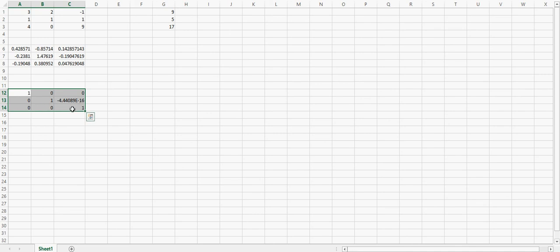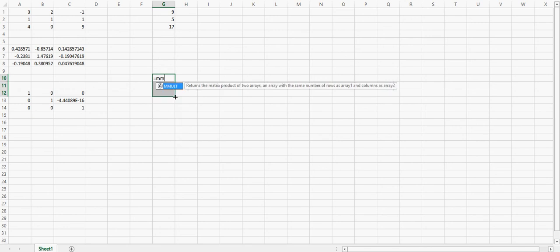Now the last thing I need to do is take this inverse matrix, pre-multiply it by the right hand side to recover x, y, and z. So let me come over here in column G, and I'll start in 10 and highlight 3 cells. And again, I'm going to use the matrix multiply, so I'll hit equal, MMULT,